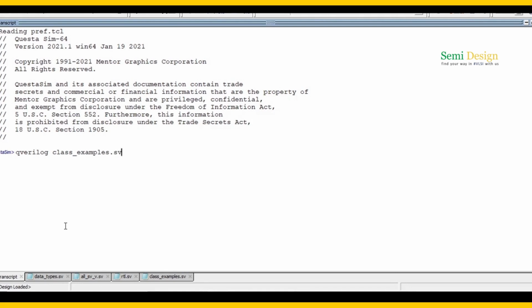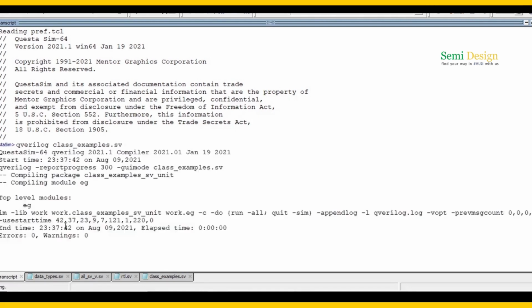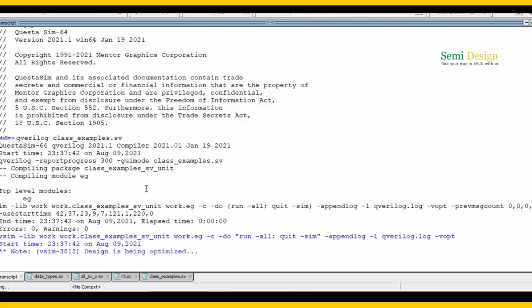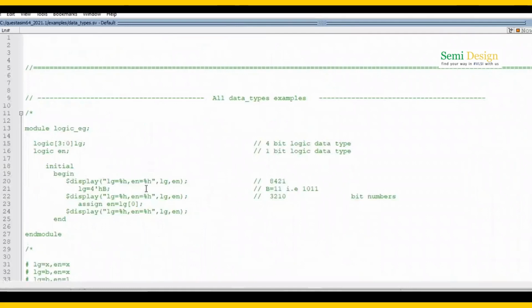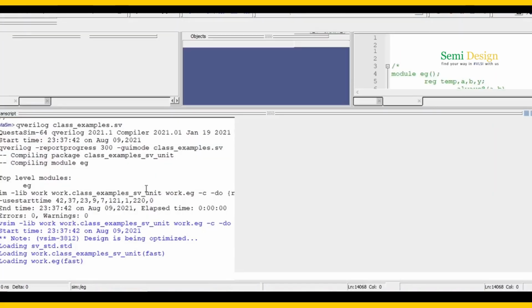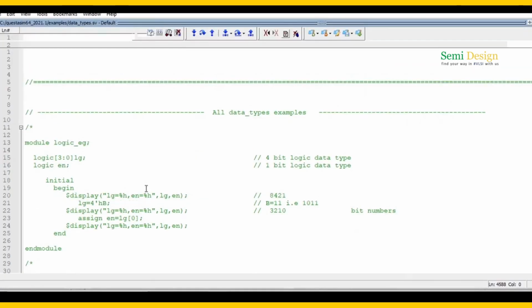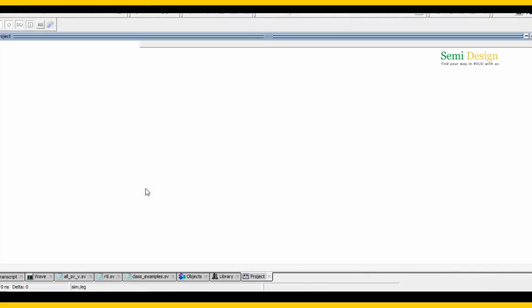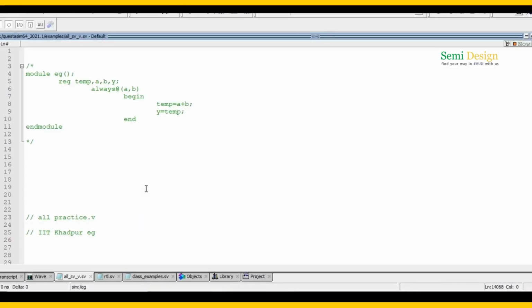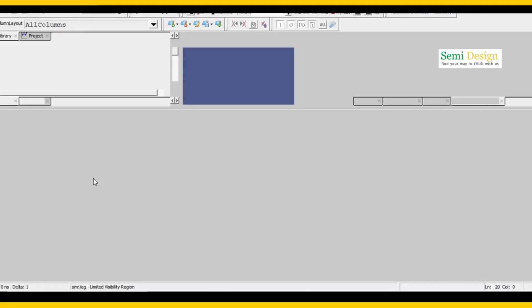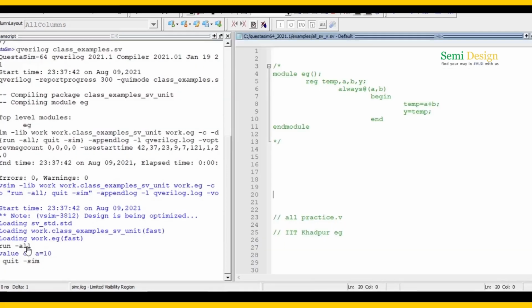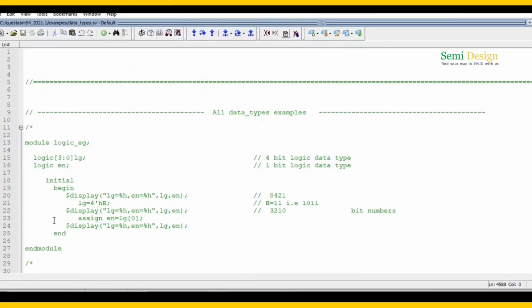One line command, qverilog file name. So we are expecting the output is 10. Now see what output we are getting. We are getting 10, value of a is equal to 10 as expected.